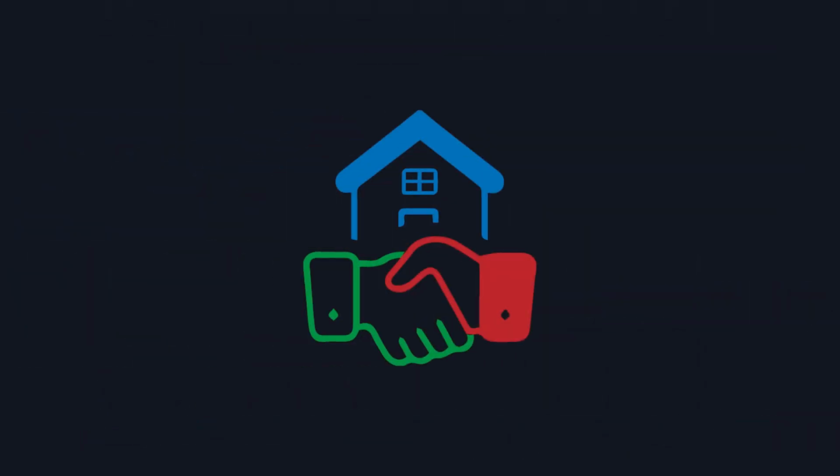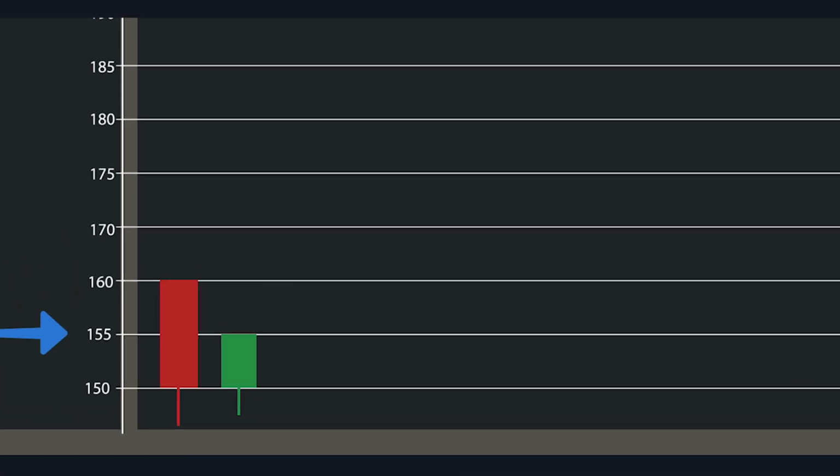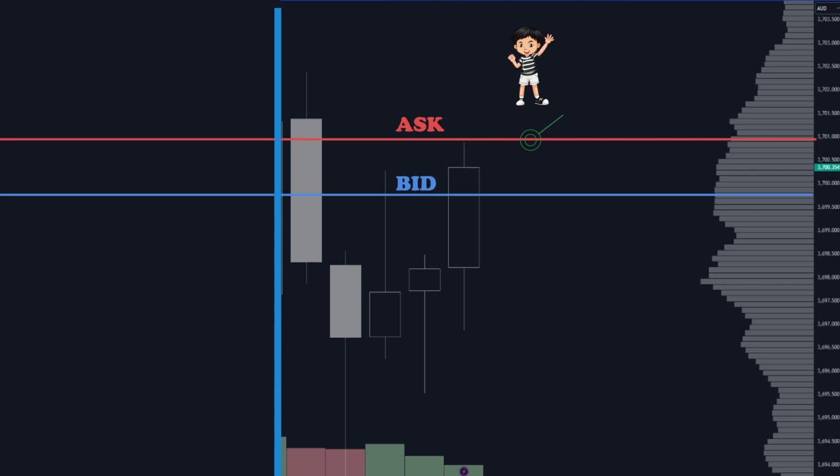As you need money, the broker too needs at least some to survive. When a transaction happens, the broker will buy from the seller at a slightly lower price called the bid and sell to you at a slightly higher price called the ask, so the broker can retain a small amount of money called the spread. In summary, when Sam wants to buy, he will buy at the asking price